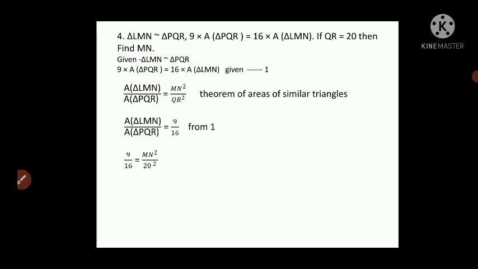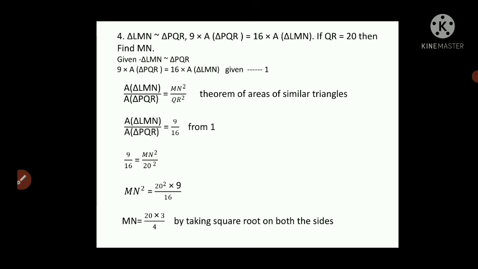So now I will cross multiply, see, MN square will be on the left hand side 9 multiplied by 20 square upon 16. Now if you take the square root on both sides, we get MN; 20 square means 20 two times, so I am taking only one time 20, and 9 is a perfect square, the root will be 3. In the denominator we have 16, so root will be 4. Now it becomes very easy for you. Again, the previous step was MN square equal to 20 square multiplied by 9 upon 16. So we have square on left hand side, also on the right hand side we have square on 20, and the numbers are also perfect squares.